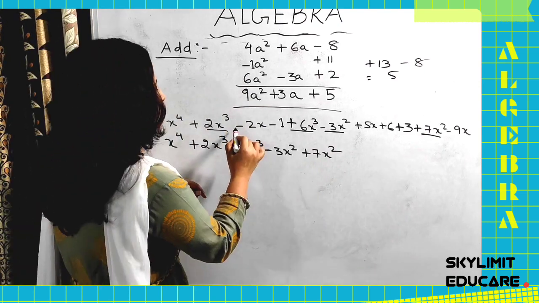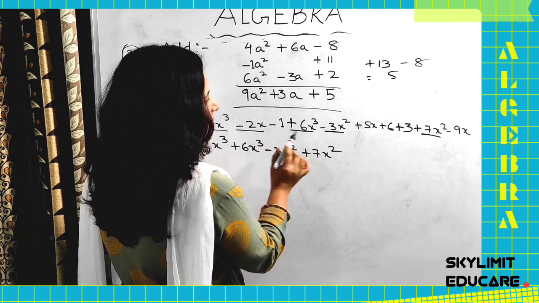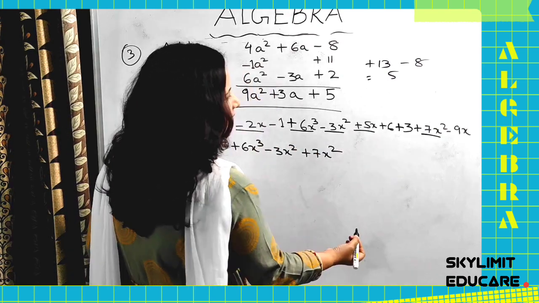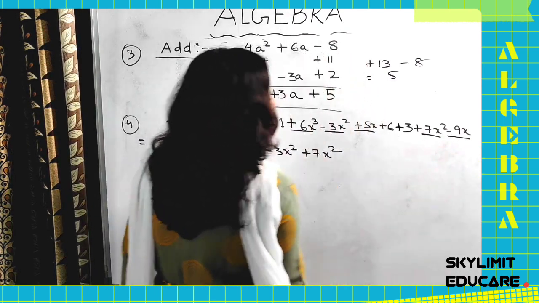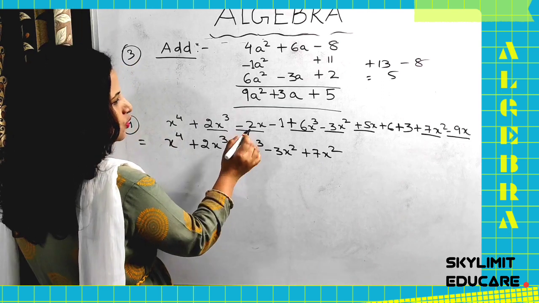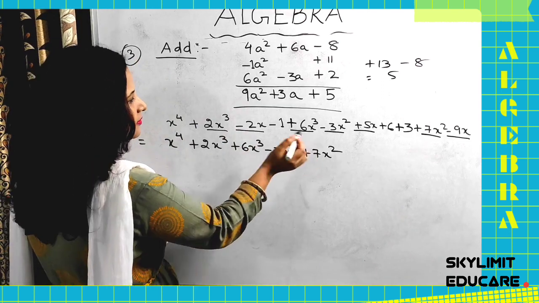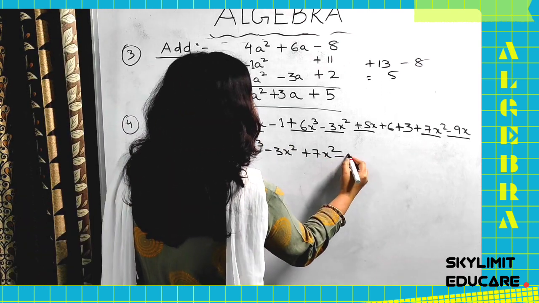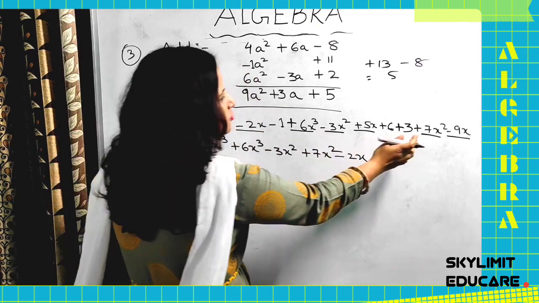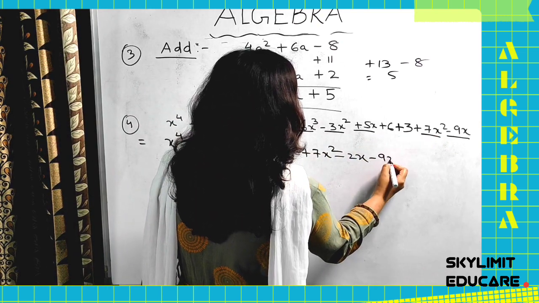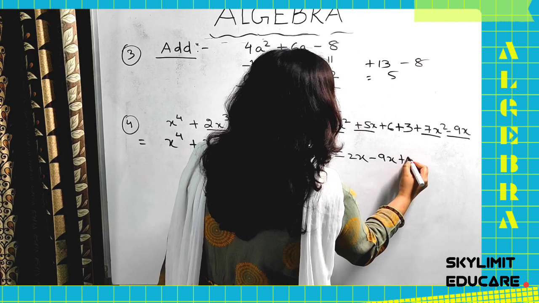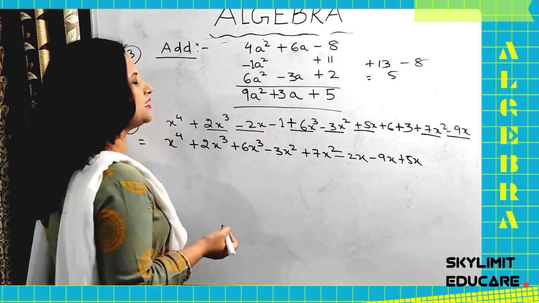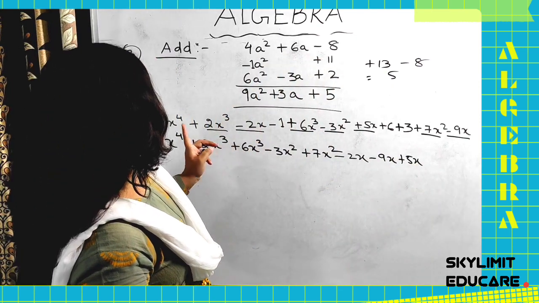Now I'll write down this minus 2x. X I'm having, here also plus 5x I have, and here I have minus 9x. So 3x I'm having. So let me arrange and write it down. Both are minus 2x. Okay, this is also minus. So let me write minus 9x. Then plus. So while writing, if you are arranging it, then it makes the work easier for us. Yes or no? Then this is over.